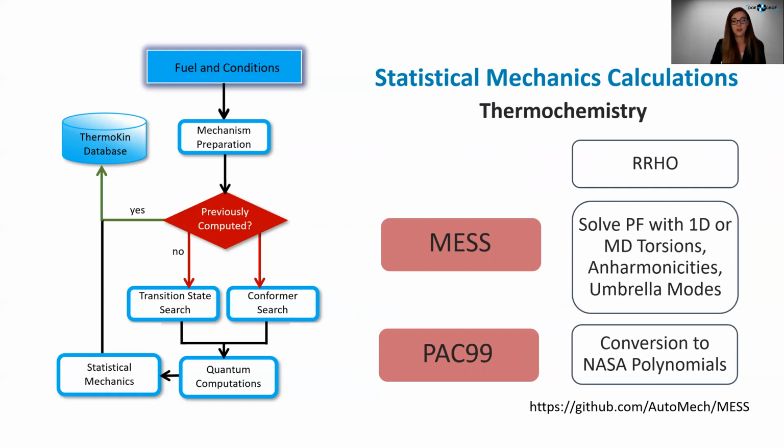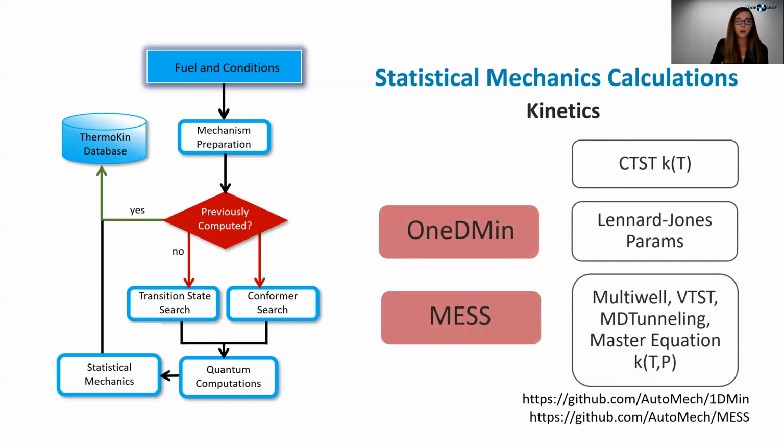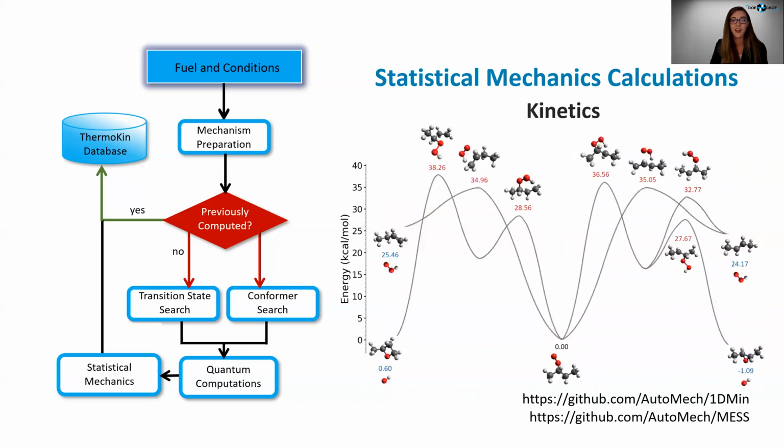And then we transform the data to the industry standard NASA polynomials to report the thermochemistry and store it in our database. For kinetics, we can use canonical transition state, and we can include pressure dependence by getting Lennard-Jones parameters with 1DMin, which is a program developed by Aaron Jasper at Argonne National Lab. And then we can use master equation system solver to solve the master equation for our rate constants, where one